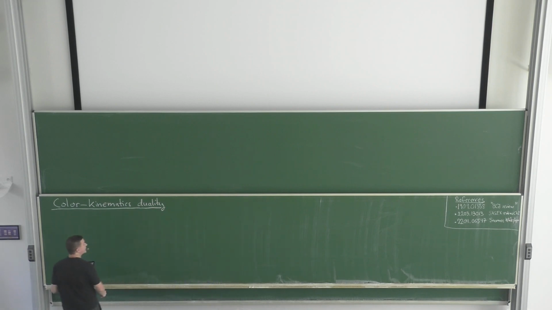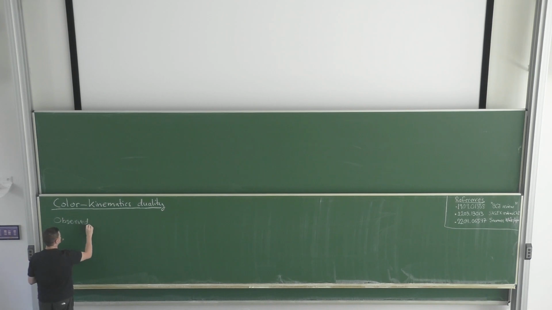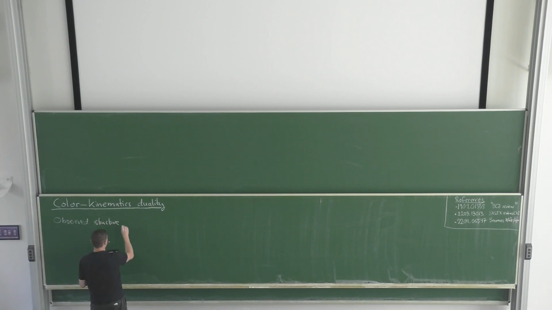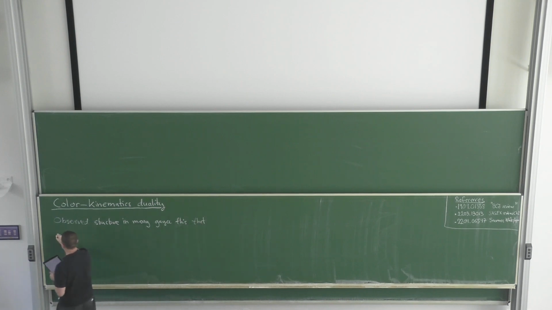So let me just say a few words, trying to, right off the go, capture what color kinematics duality is. It's a bit mysterious, so let me try to say some generic statement trying to capture it. So this is an observed structure, a bit of weird chalk, in many gauge theories, that links color and kinematics degrees of freedom,